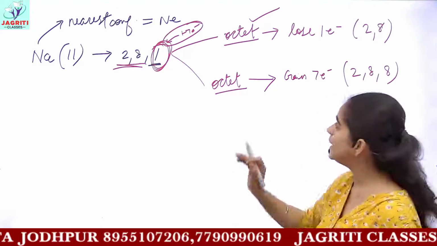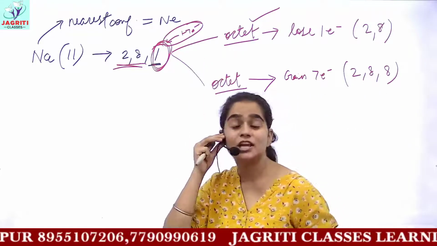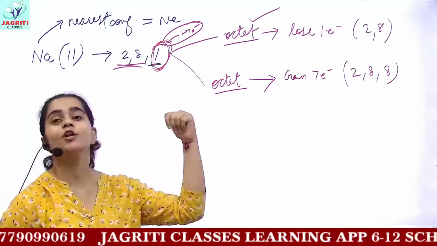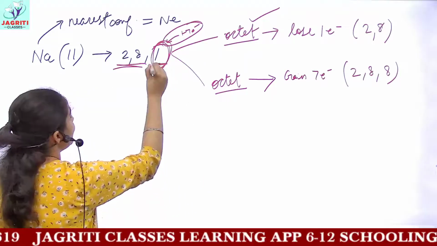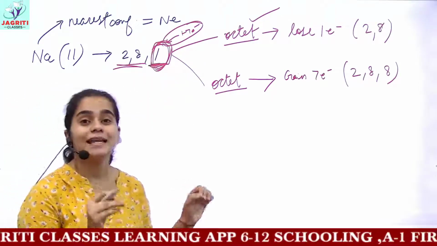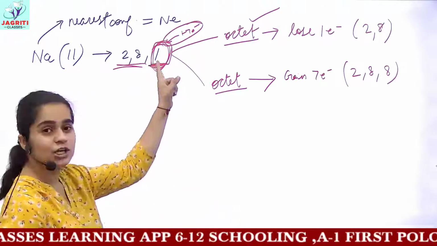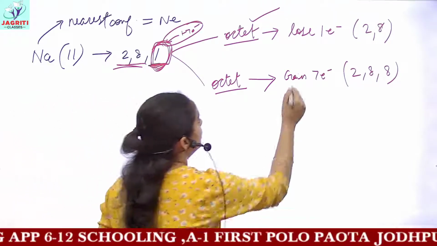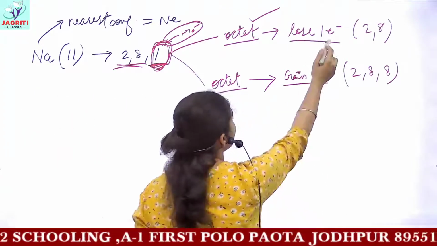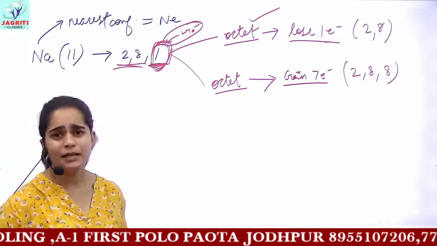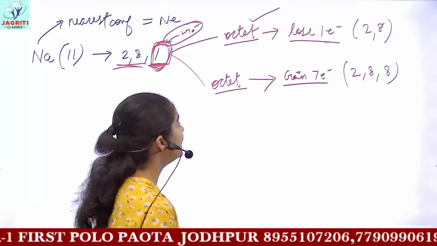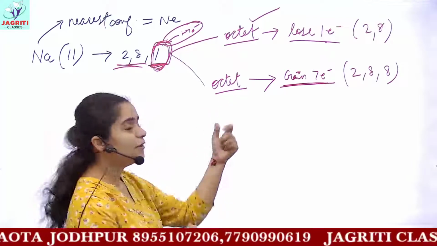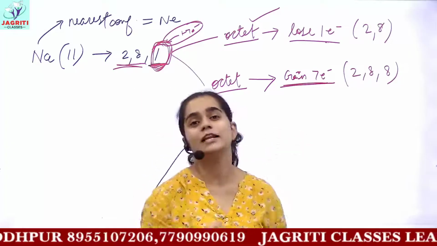So what do we say if I make the changes in the valence shell, and these changes are according to their valency or combining capacity? Therefore, the term is called valency, because to find valency you only focus on your valence shell, and the valence shell is the outermost shell. So what will sodium do? Obviously, losing 1 electron is more favorable and easier than gaining 7 electrons. Because if sodium gains 7 electrons, then it would be difficult for the nucleus to hold on to these 7 electrons.